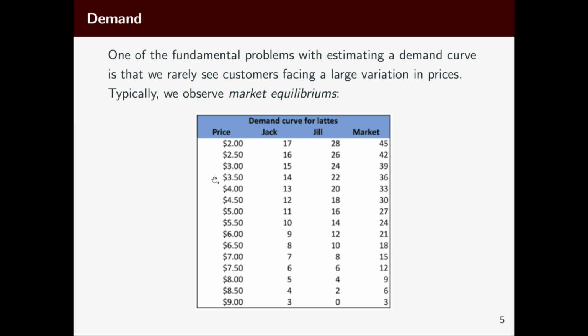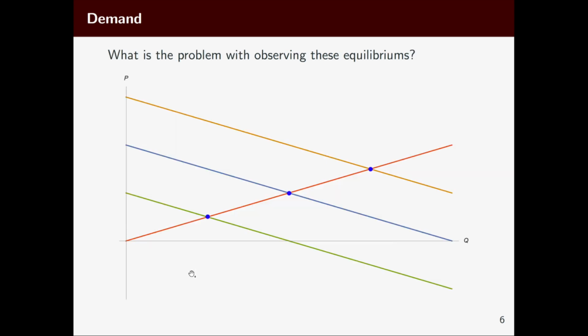And so all of these data points that would be nice to estimate this straight line demand curve just don't exist. What's happening is we're actually observing just market equilibriums. We are just observing this market equilibrium where lattes are priced at $4.50 and we're observing the quantity demanded at that price, right? And it gets even worse, because if we fix supply, if we say the supply of lattes for Harvest Coffee is fixed,